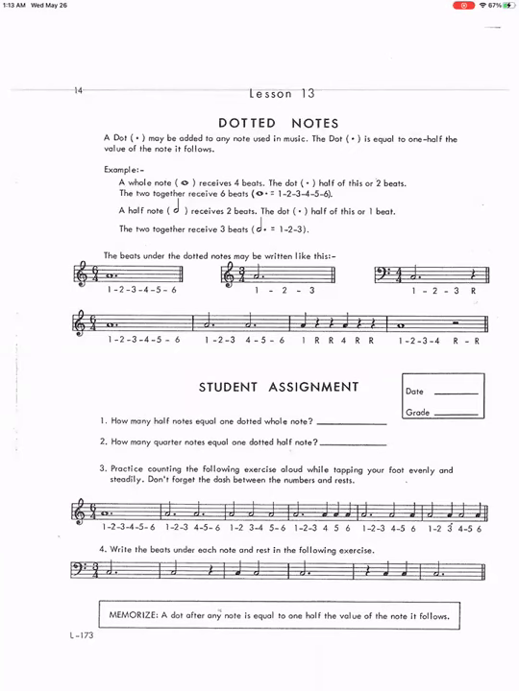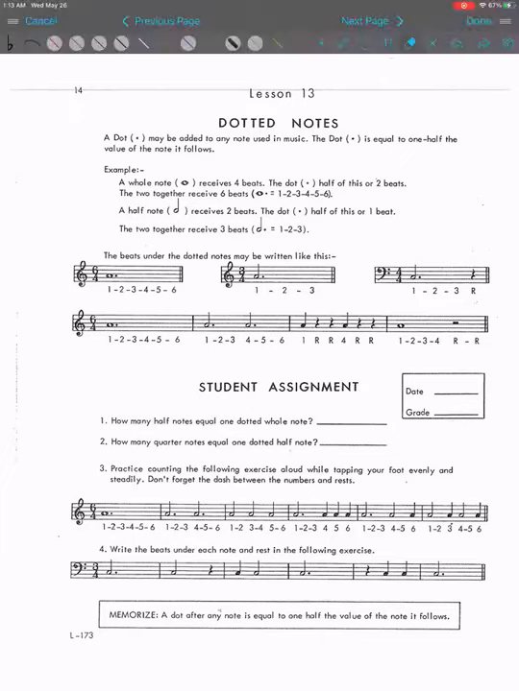This is Master Theory Book 1, Lesson 13. We're talking about dotted notes today. Often you'll see a dot added to the right side of the note. That means you add half value of the note to it. So for example,